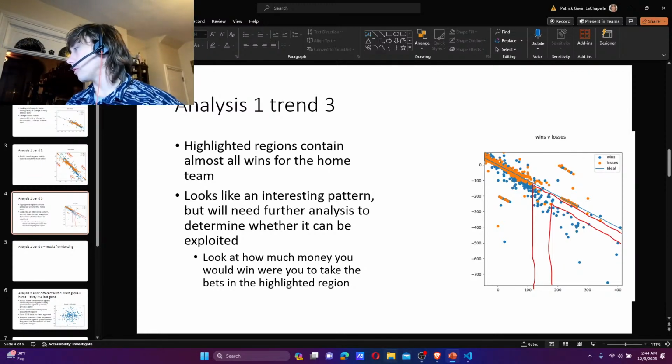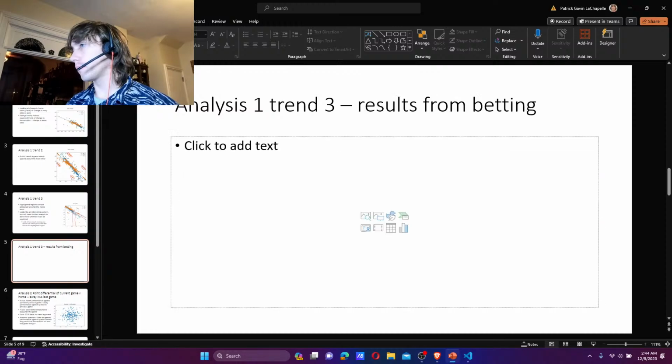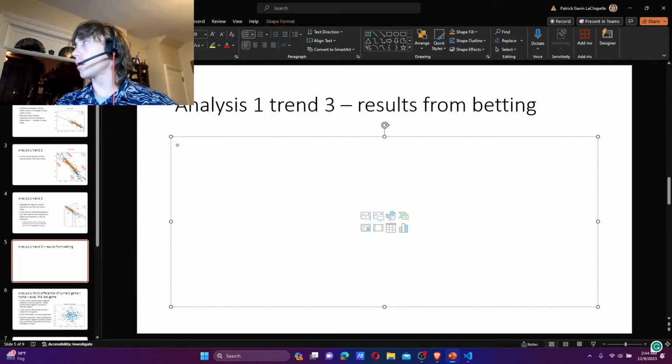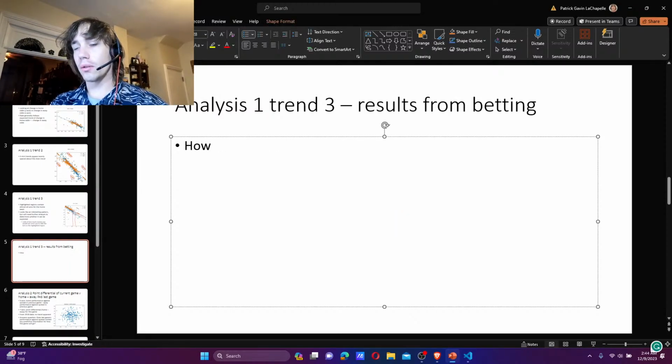Okay, so how do bets perform when using this method? So what I want to look at is